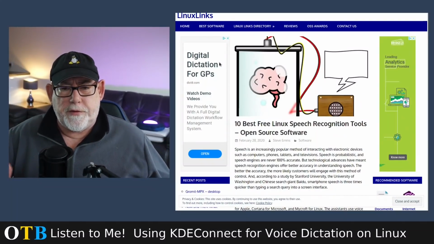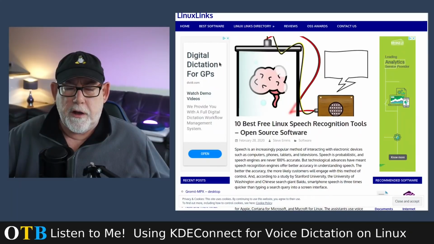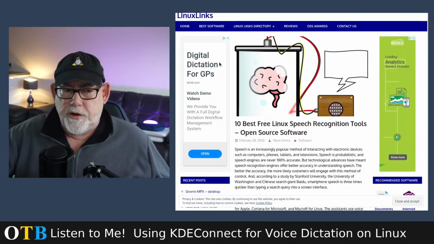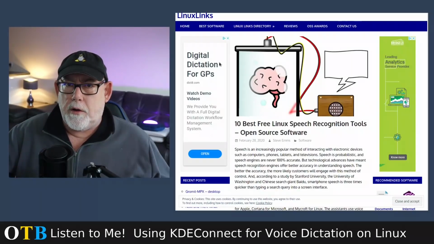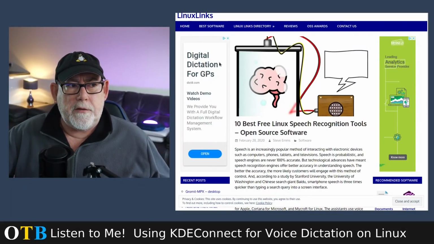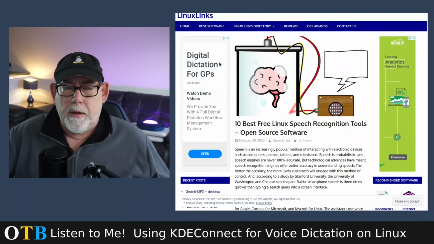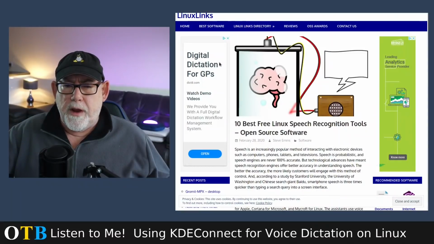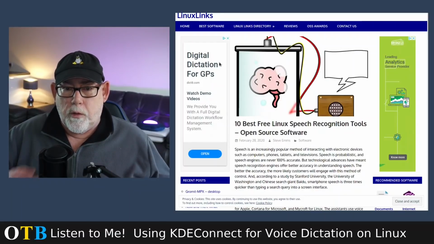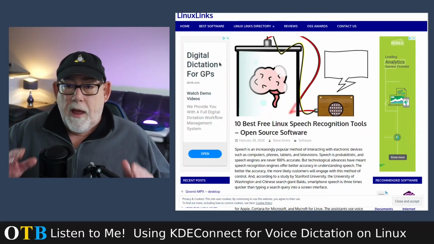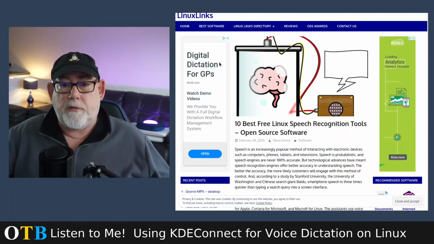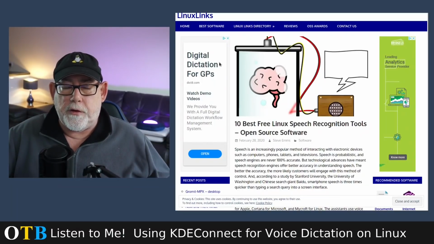We've got the likes of Simon and Julius, which are open source speech engines. The problem has been traditionally that people have found them quite difficult to configure. They've required quite a bit of training, and their accuracy has been less than what you would hope. There also seems to be a real shortage of install and forget apps that just work. And that's the problem. Having said that, I'm sure that the next leap forward in speech recognition is going to